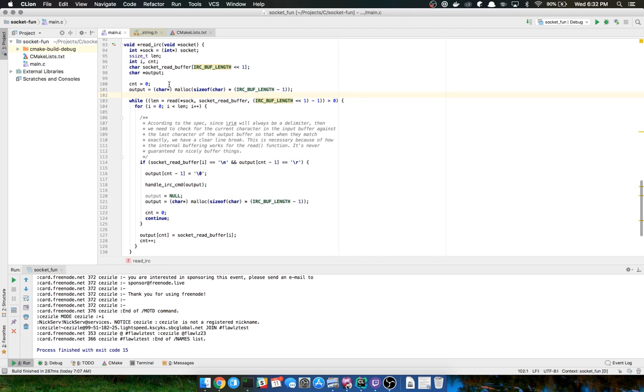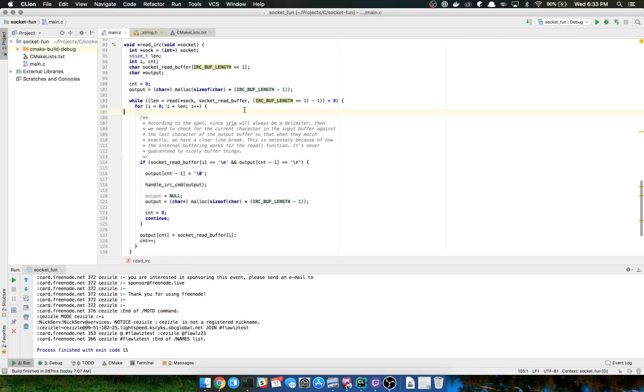It will read in a certain amount of packets, or the kernel will put a certain amount of text into this buffer that you pass into it. And sometimes when that buffer overflows, it's going to try to rewrite to that buffer with the next set of characters, and also it's going to potentially split up the data stream.